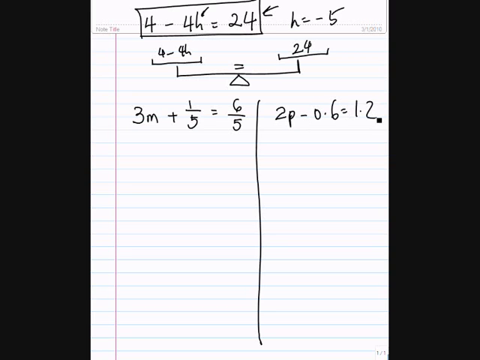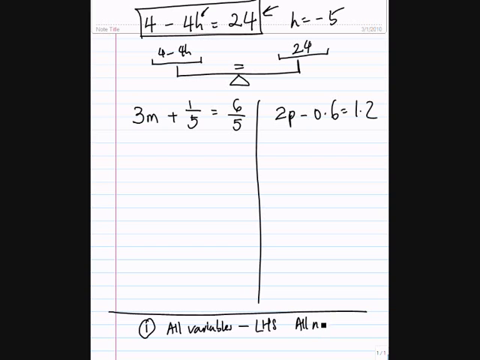So what is the first rule to solving these types of equations? The first rule is all variables go to the left hand side of the equation and all numbers to the right hand side. On the left hand side we have 3m plus 1/5. On the right hand side we only have fractions. So in this case here,